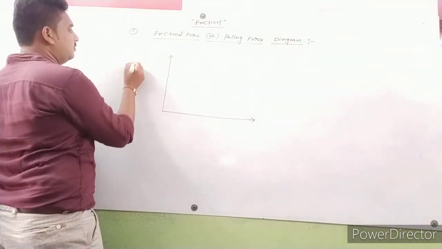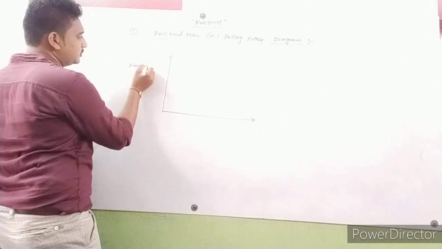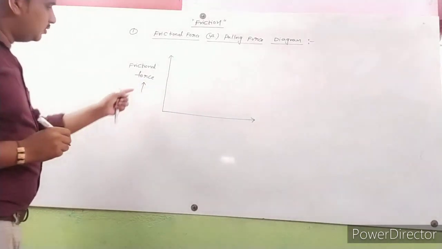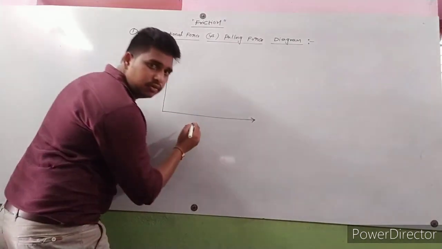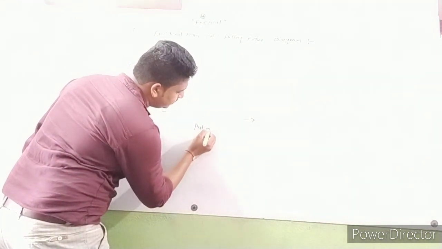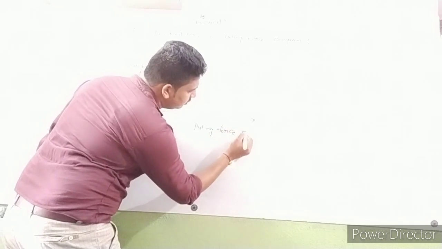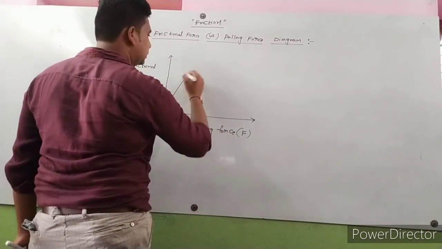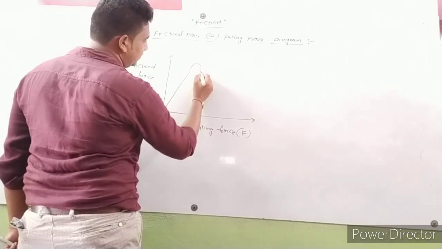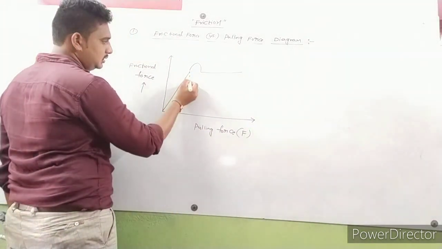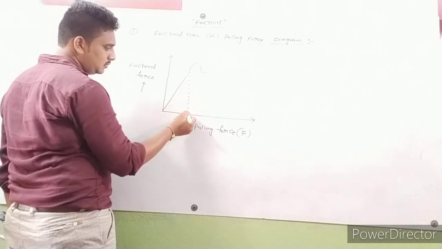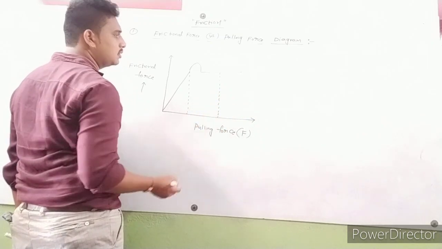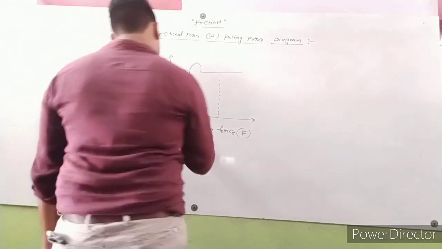Here, frictional force is represented on the y-axis. Next, pulling force F is represented on the x-axis. How can we represent it in the diagram? It is represented like this, from this point O